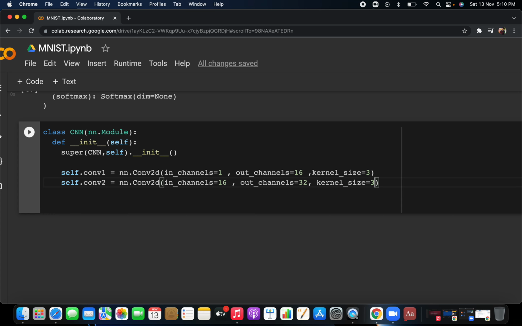We have not defined stride and we have not defined padding, so we do not need to in this particular problem. This is the really basic thing. You should understand how to create a CNN network. By default, stride is 1 and padding is 0. By default they have a value. You can even change this later in real world problems.